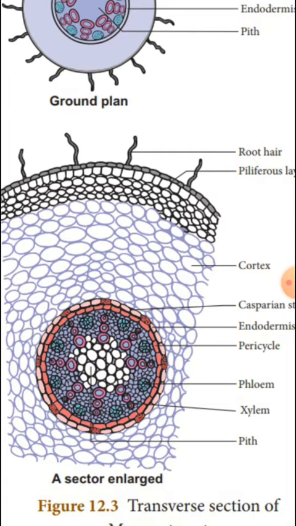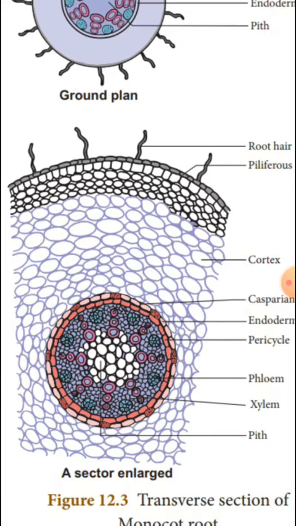In this vascular strand, there are alternate patches of xylem and phloem. So this xylem and phloem are present radially, as the number of patches of xylem is always equal to the number of patches of phloem, so they are always alternate to each other, and such a condition is called a radial condition.